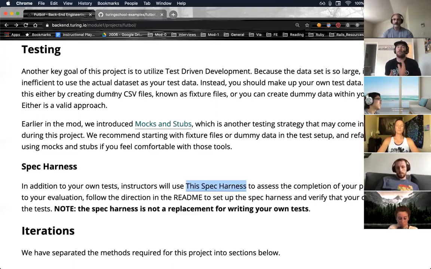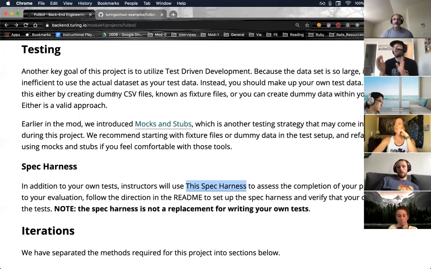One thing that's confusing for students about the Spec Harness is that it isn't looking for any of your tests. Our Spec Harness and your tests are completely separate. The way that you write your tests will never affect our Spec Harness, okay? So keep that in mind. Your tests are separate from our spec harness.